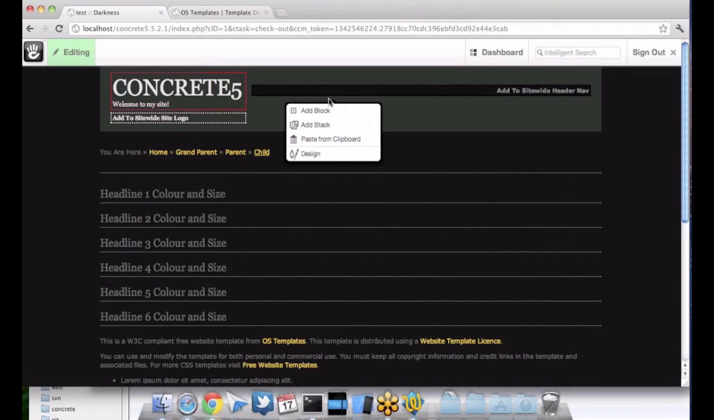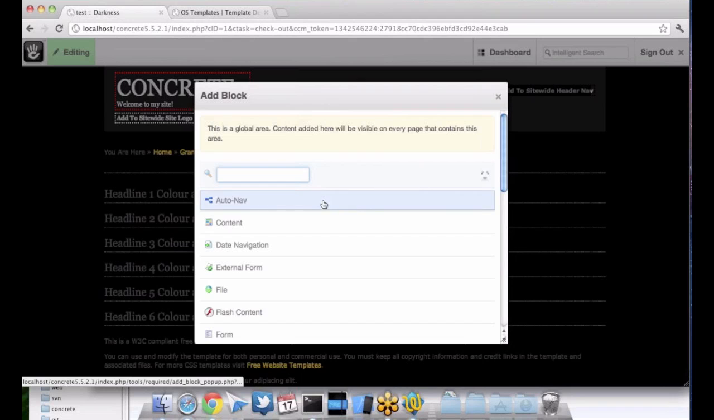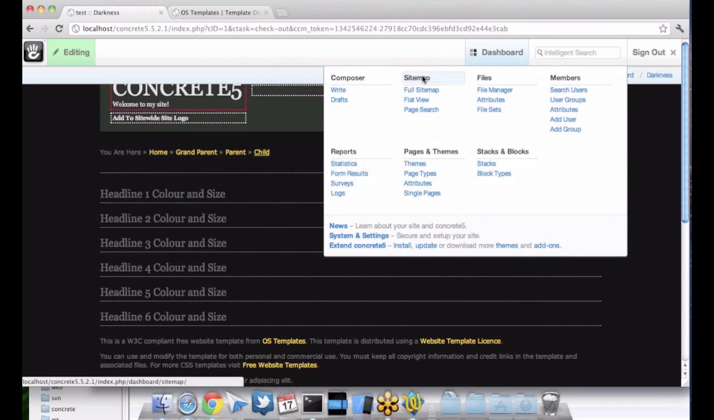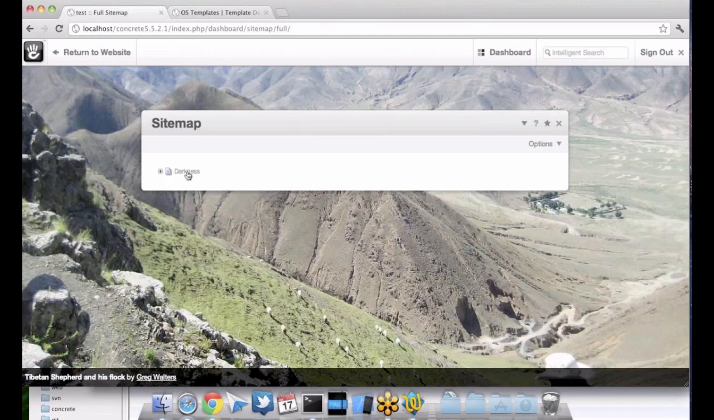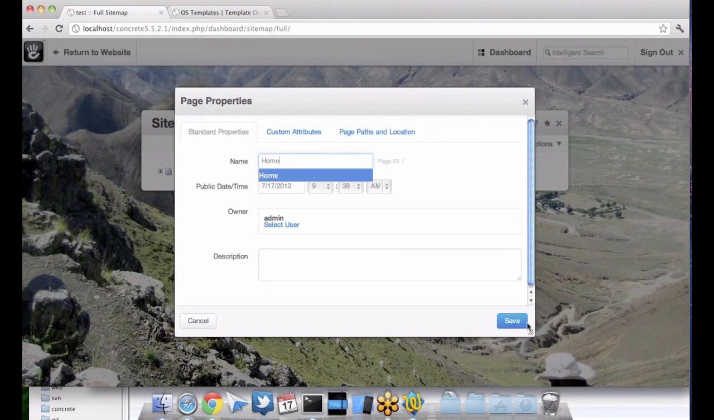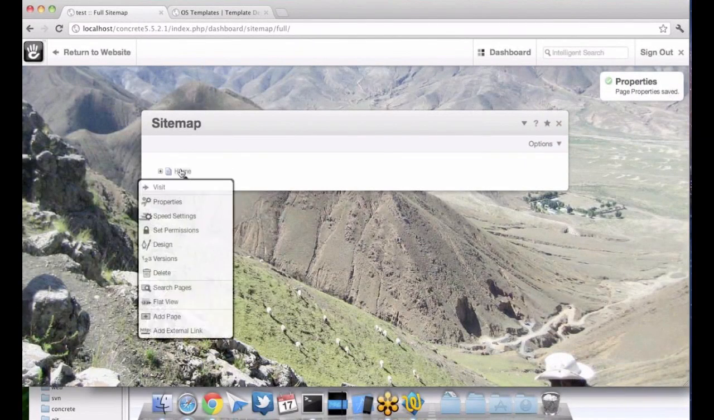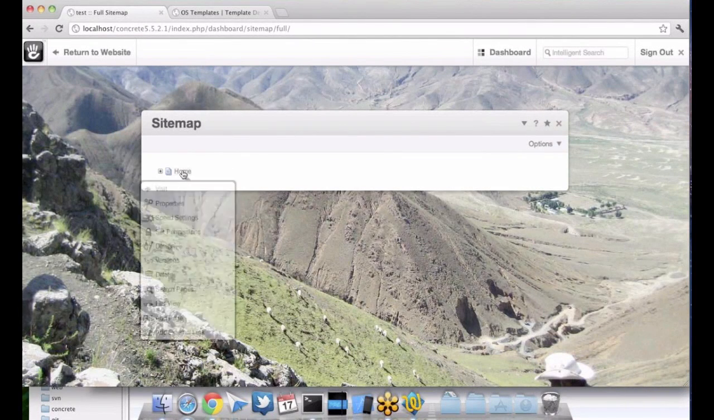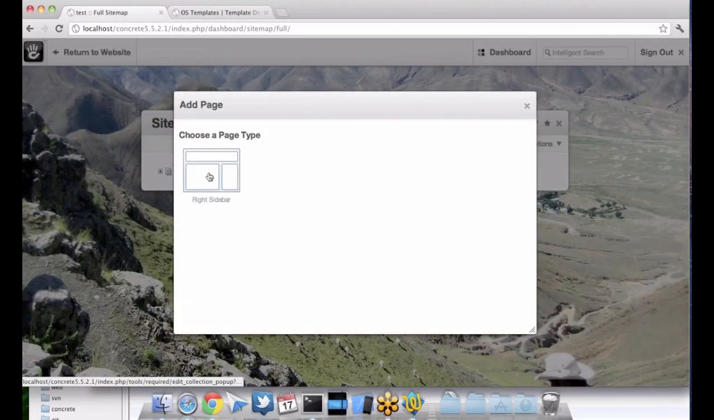Now I'm going to add to my site-wide header nav. I'm going to add an Auto Nav Block. And before I do that, I'm going to actually build out some different pages in my site. I'm going to rename this back to home so that it looks nice. Then I'm going to add some pages here. Now,